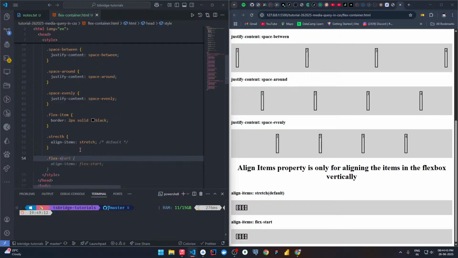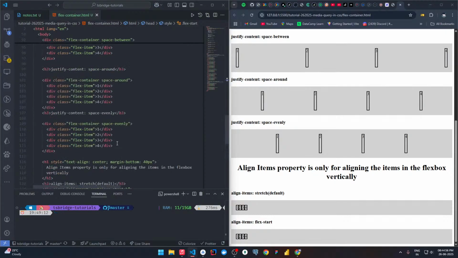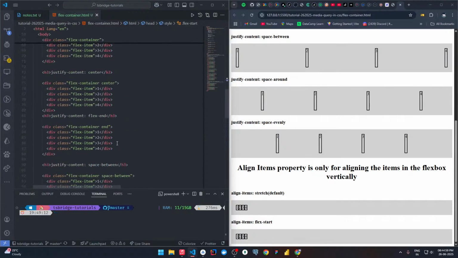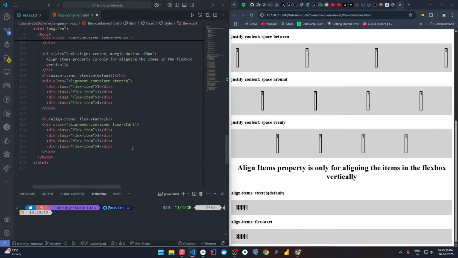Dot flex start, align items flex start. See, currently, one second, flex start. So see, currently what is happening here, we are not able to visualize that it's actually taking the flex start, okay, but whatever the height is available, the items will be aligned in the starting only, okay, which will be vertically, okay,